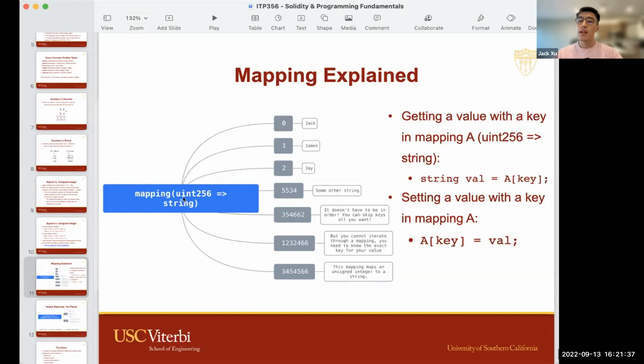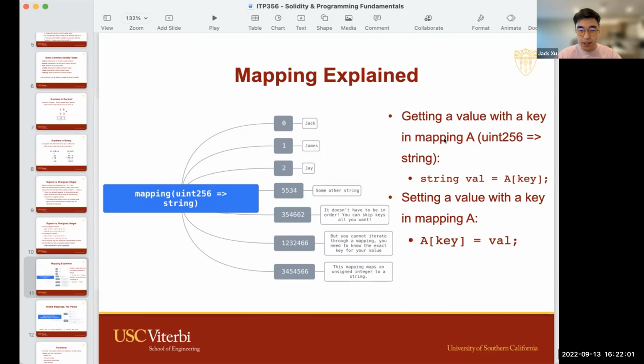Let's say it's kind of like a book, and if you want to find a certain paragraph in the book, the way you look for it is by looking at the page numbers.